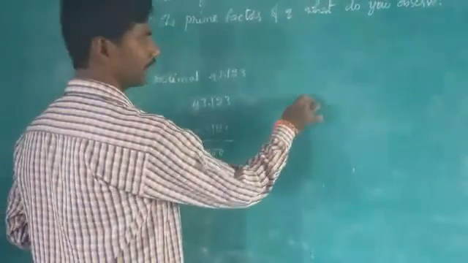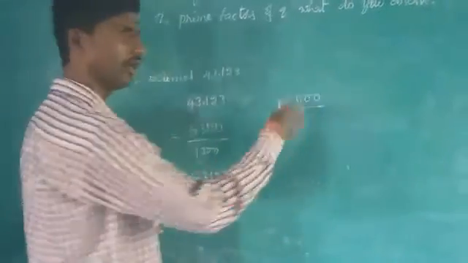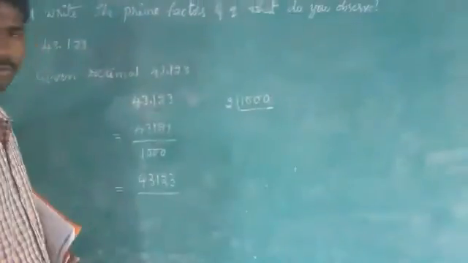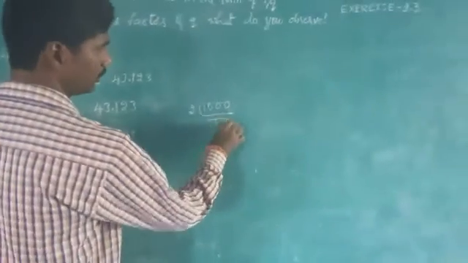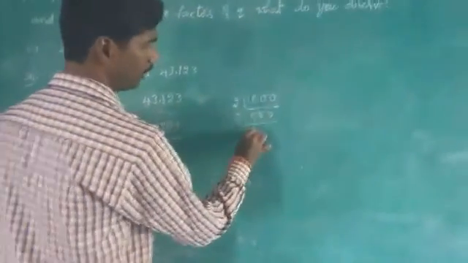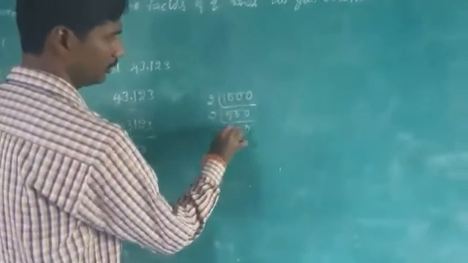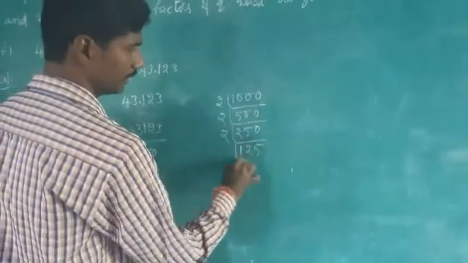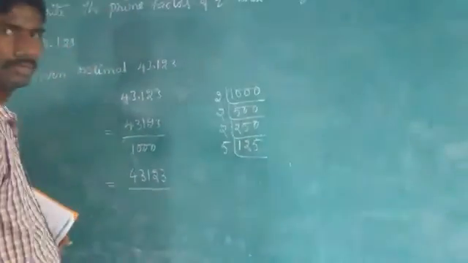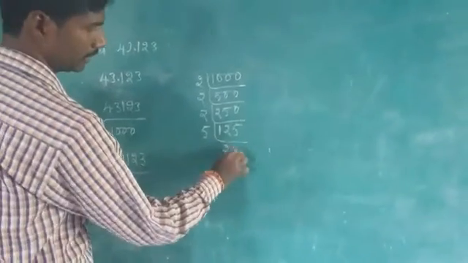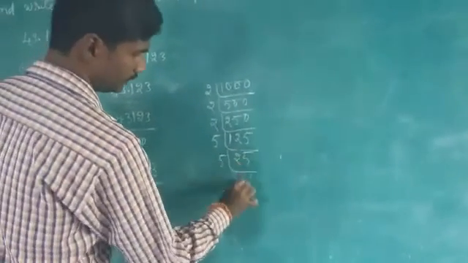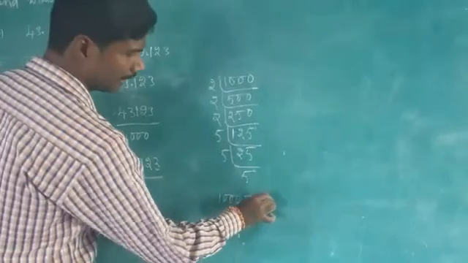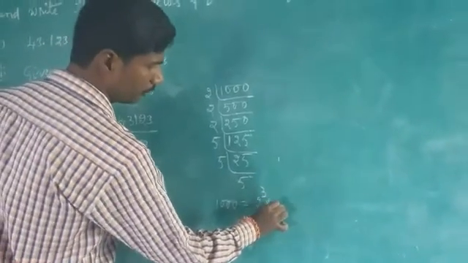If you do the prime factorization, it will come in the form of 2 to the power of n, 5 to the power of n. See, let me take the 2 table. 2 5s are 10, 0, 0. Then 2 2s are 4, 1 carry, 2 5s are 10, 0. Then 2 1s are 2, 2 2s are 4, 2 5s are 10. Let me take the 5 table. 5 2s are 10, 5 10s, 5. Means 1000 you can write as 2 to the power of 3 into 5 to the power of 3.